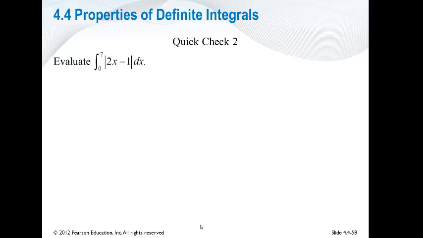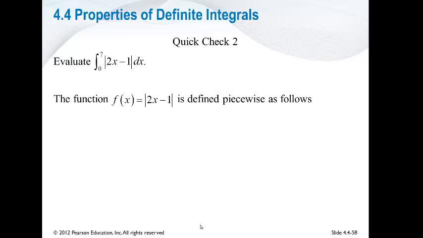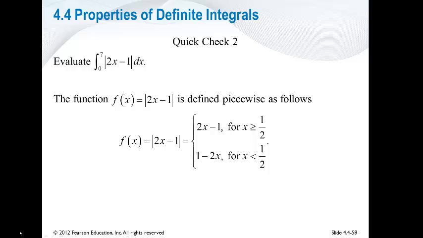So let's start with the definition of the absolute value function, which is a piecewise defined function. We know that f of x is... maybe I should write it down here explicitly. So we know that if 2x minus 1 is greater than or equal to 0, then we have the exact value, 2x minus 1. If 2x minus 1 is less than 0, then we have this value with a minus, which will be minus 2x plus 1,